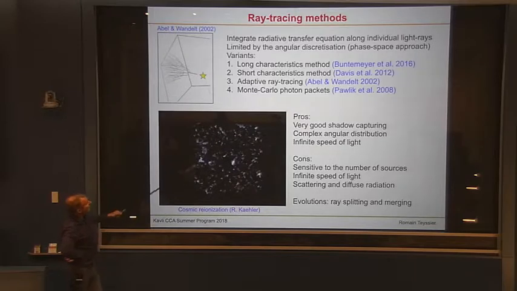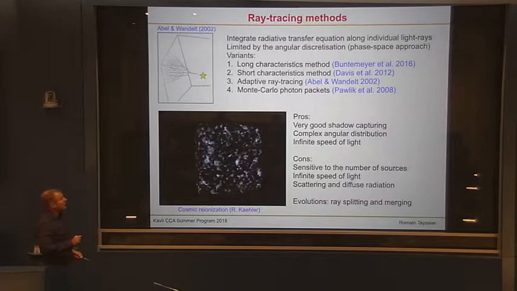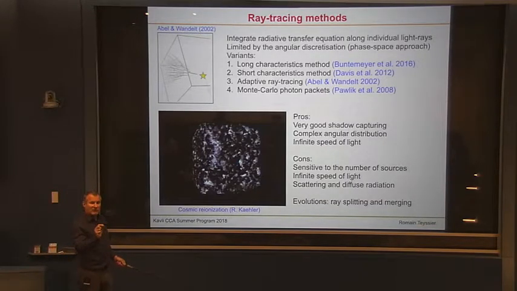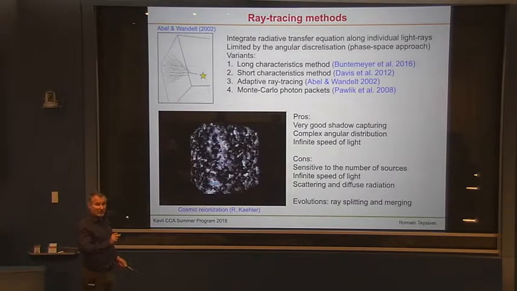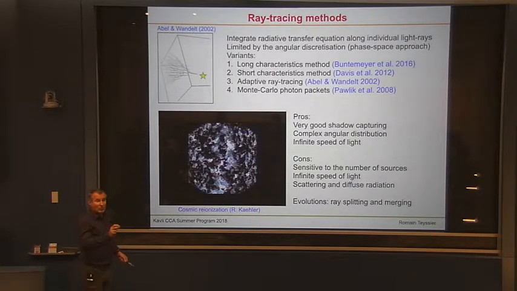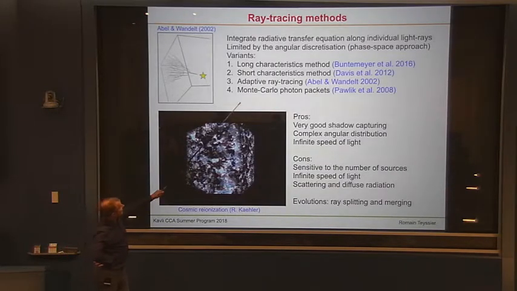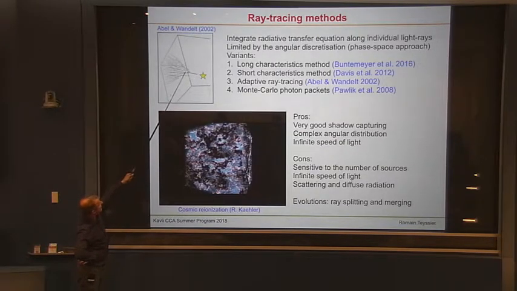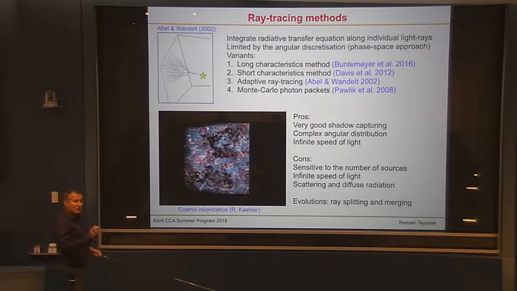And wrong. The short characteristic method is a different approach. You basically have short light rays that connect neighboring cells, just neighboring cells. Right? So you're looking at the propagation of radiation just between two neighboring cells, so you don't have to cross the entire box. And of course, it's more approximate because you lose the non-local aspect of radiation. Right? The adaptive ray tracing method that is developed by Tom Abel here is quite clever. They basically split the rays adaptively in order to adapt locally to the resolution of the mesh.